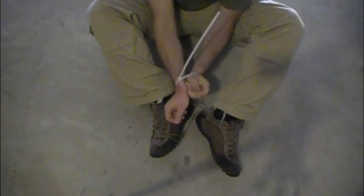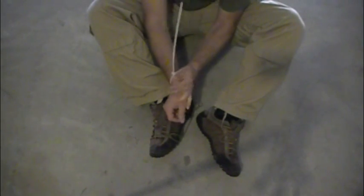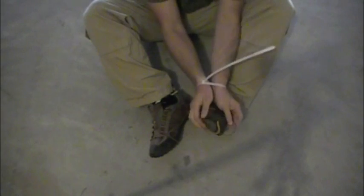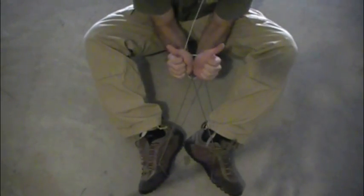through the zip ties, or we can go on top of them, but I would highly recommend that you slip them through. It'll make it a lot easier. You won't burn your hands in the process. Now, obviously, if you're under a time constraint and you want to get out of these, you do what you do. So now you can see the paracord is against the zip tie, and all I'm going to do is